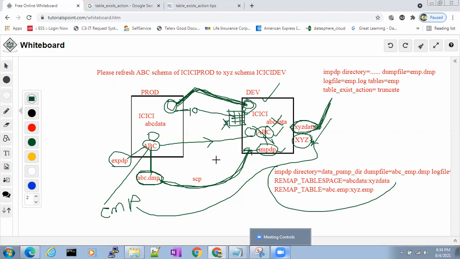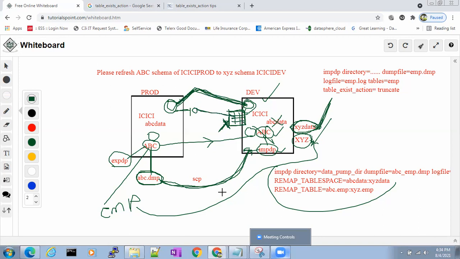It will only truncate the existing rows. The table definition will remain the same. It will not touch the table definition. The structure of the table will not be changed. It will truncate whatever data is there, the whole data, and it will import this data here.